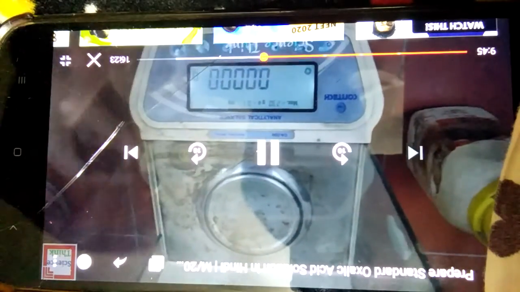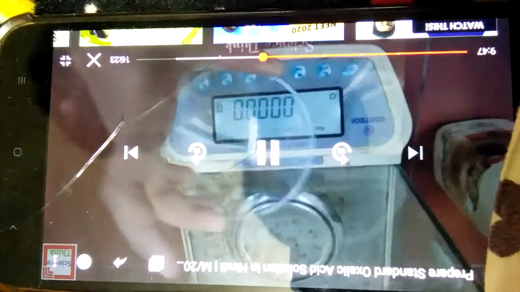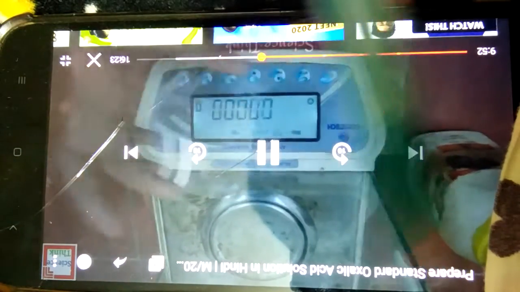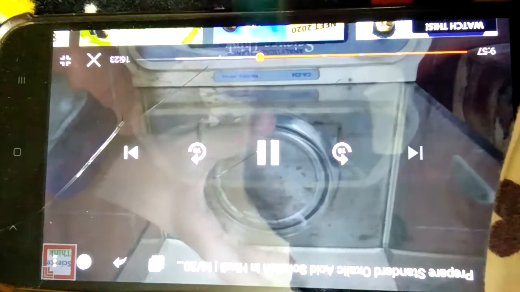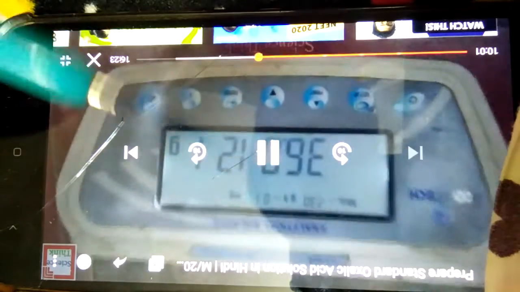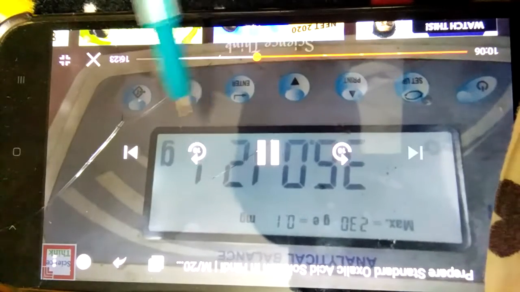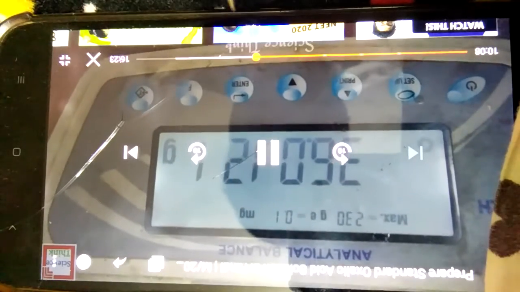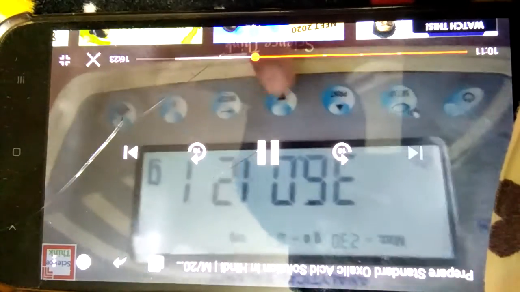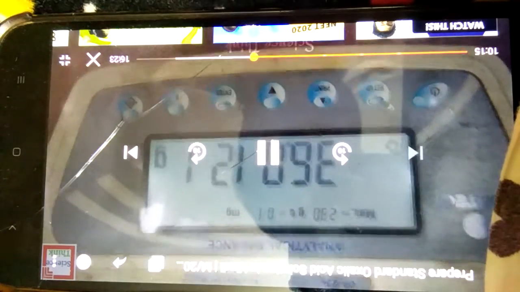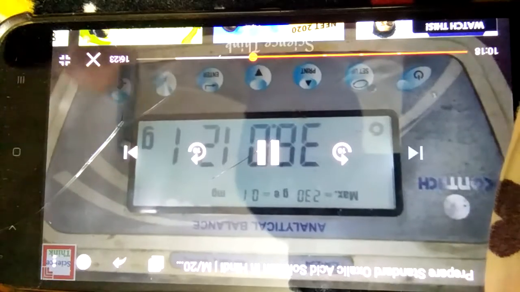Now see, you have to open the shutter and put the watch glass. Students, this is the watch glass. Now see, the watch glass is kept inside the digital weighing machine, and the shutter is closed again. Now see, the weight of the empty watch glass is how much? 36.0121 gram. Okay. Now students, this is the weight of the empty watch glass.